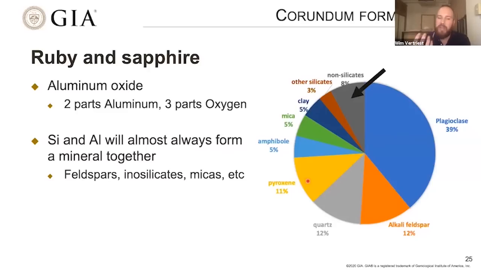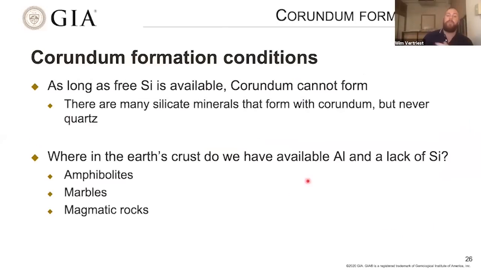So when you have silica around and around your aluminum, they will always form a mineral together, meaning that there's no aluminum left for you. So as long as there's free silica available, corundum cannot form. Free silica is not the same as silicate. You can form silicates around corundum, but you need silicates that have a lot of aluminum in them. So as long as there's aluminum that is not incorporated in those silicates, that excess of aluminum can be used